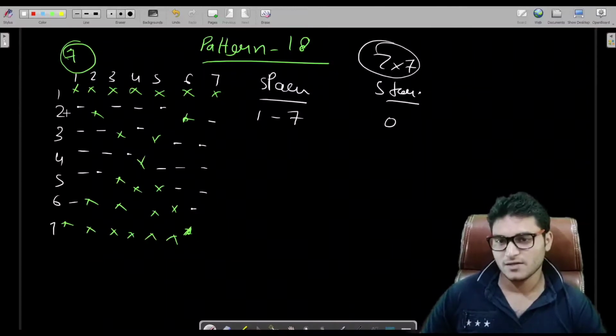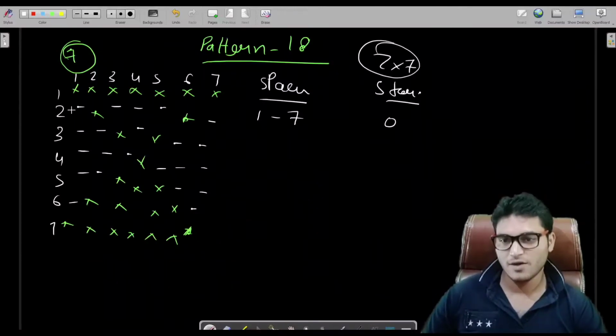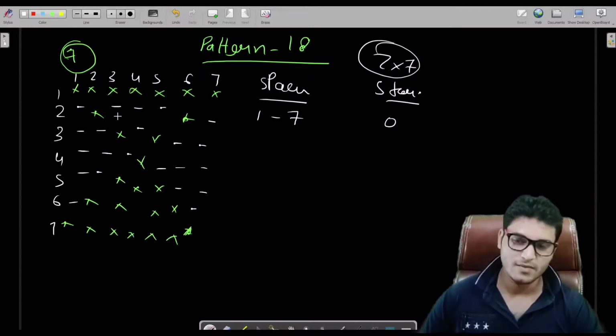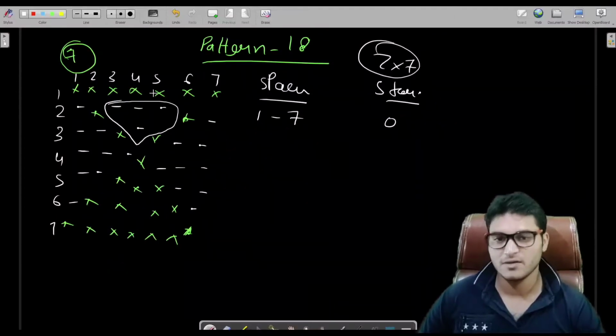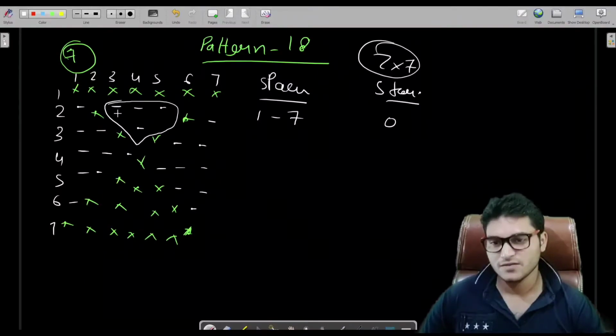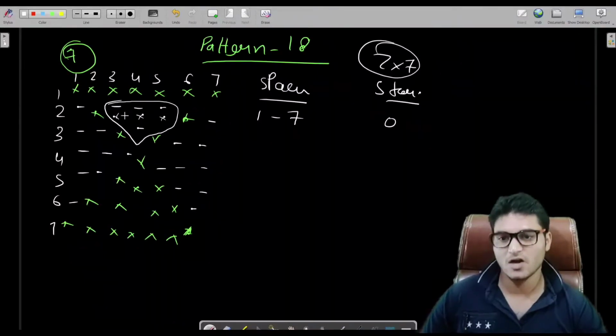And for the second row, how many stars do we have? What I would tell you is, let us treat this section as a filled shape, and we will empty this shape later on. If this was filled with stars, then how many stars would be here? 3 plus 2.